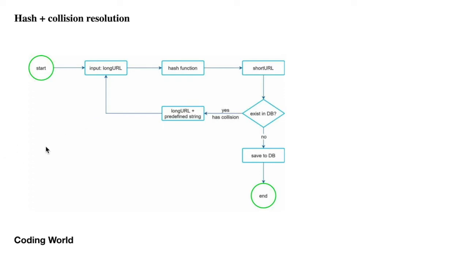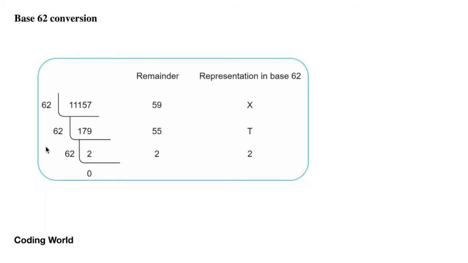So we will go to our base 32, base 62, base 64 conversion, and with this we can achieve the unique hashing. Okay, so unique hashing we can achieve with the base 32, if we give a hash-like value for the long URL as an ID. I will tell you how we can solve this problem in the next slide, but before that I will tell you how to create a unique hash from a unique ID.